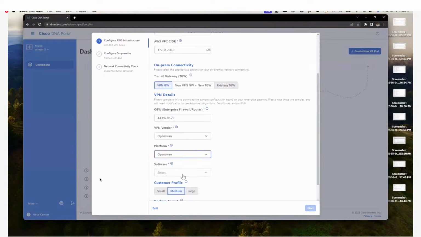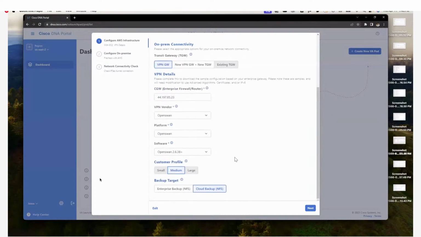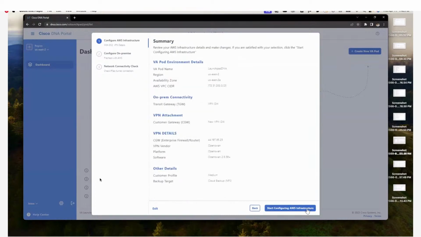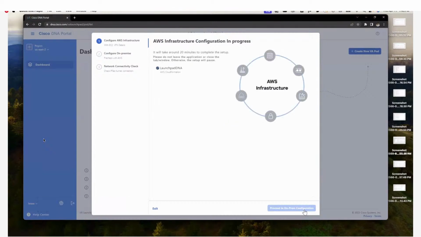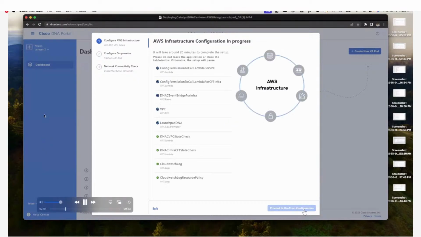And then you also give the platform, the software, and fill in all the information and just click next. Then you start configuring your AWS infrastructure. This process would take around 20 minutes, I think. And once all the checks are done and all the infrastructure configurations are completed, this